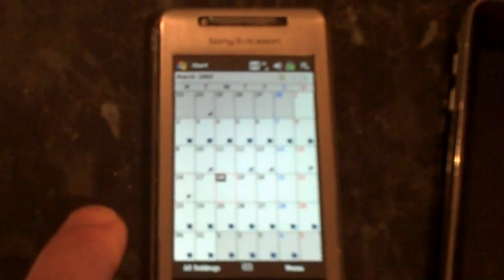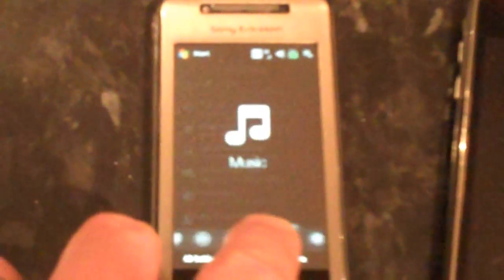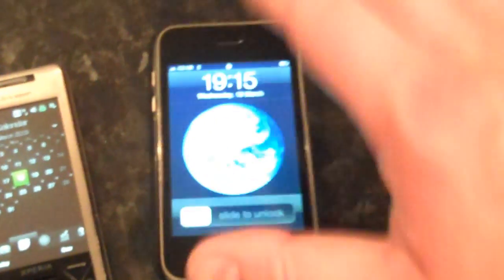But HTC have already invented a much better calendar, which I'll go to there, and this is much smoother. But you can see you've got two different interfaces. You've got the lovely smooth, silky interface here, which blends well, and then you've got the Windows Mobile back end, which a lot of programs end up defaulting to, and it looks not really joined up well, to be honest. Can't really think of the word, but here on the iPhone, for instance, if I go into